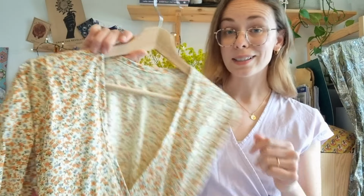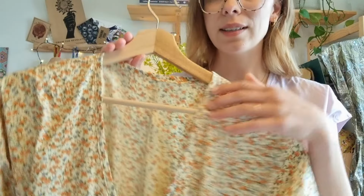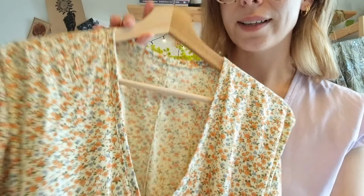The last few Zadies I've shown you, you can see I've been using my overlocker that I got a couple of years ago for my birthday. And the stitching around the neckline's much neater. Now, I'll show you another hacked Zadie, and this is...